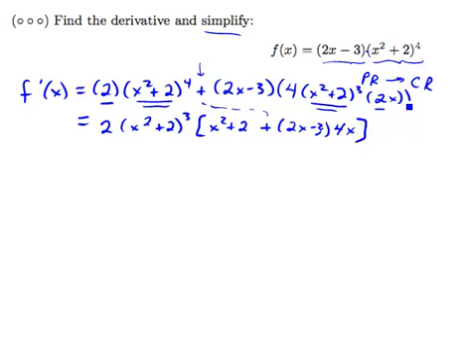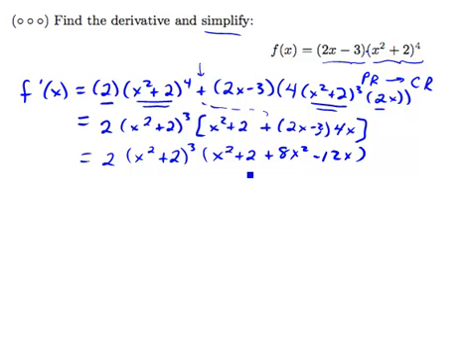Next step is to simplify the portions that were not factored out. The stuff that was factored out we will leave alone for now. And in here I will just begin by distributing the 4x. So I've got x squared plus 2 plus 8x squared minus 12x. Now to finish this, I will simplify this portion by combining like terms. After doing so, if any of the factored quantities will further factor,